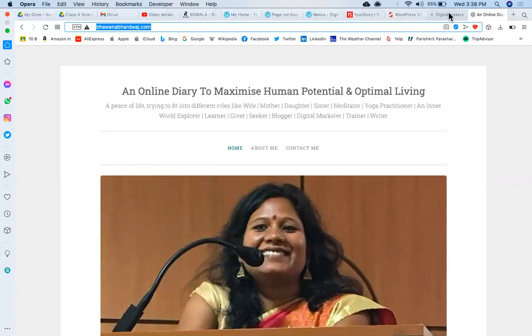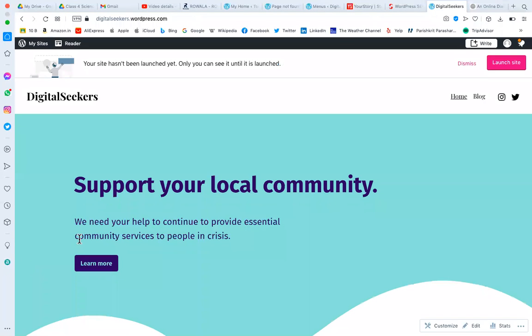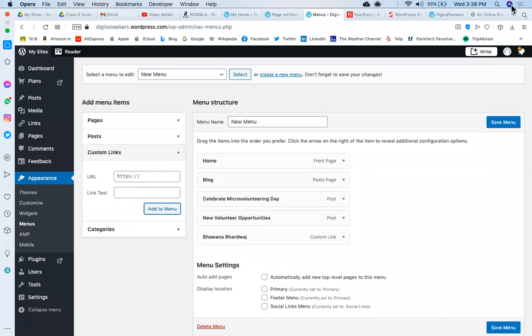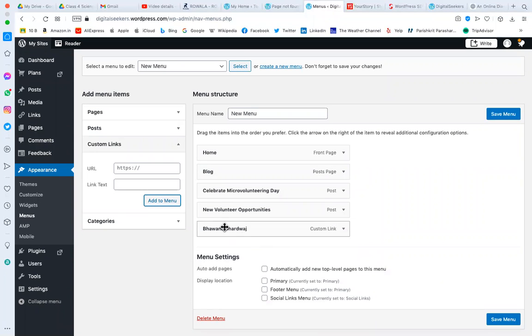I will select it and create a link. I can go to the menu option and give the link text, add to the menu. Right, so we have added it to the menu.